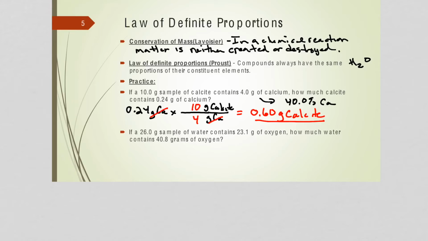Right? So let's try one more example. If we have a 26-gram sample of water, it contains 23.1 grams of oxygen. So how much water would I need to have in order to have 40.8 grams of oxygen? So in similar fashion, we start with the sample that we don't know the information about. So in this case, we have 40.8 grams of oxygen in some sample, but we know that in any sample of water,